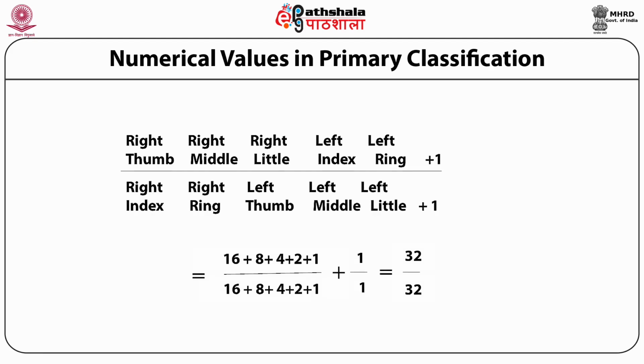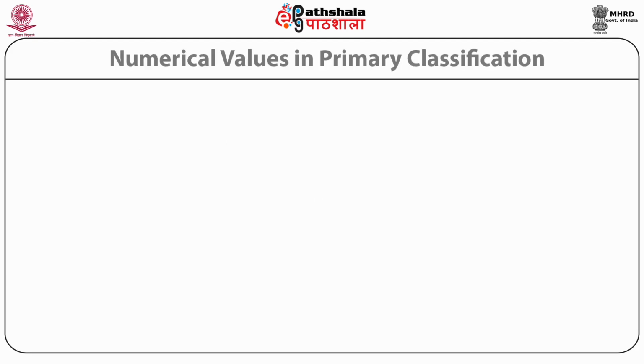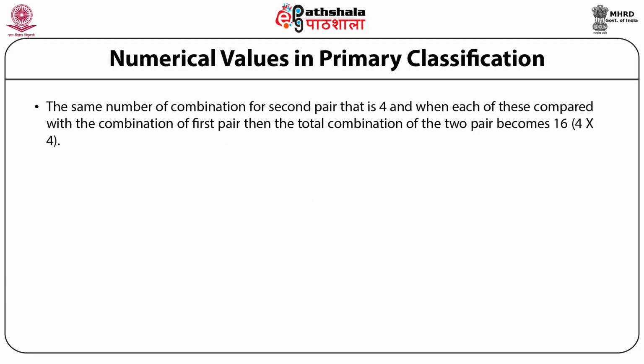The arrangement possible in first pair include right thumb a whorl, right index a loop, right thumb a loop, right index a whorl, both right thumb and right index have loop, both have whorl. Possible arrangement of the first pair with symbols are set out. The numerator letter refers to the first of the pair and the denominator letter refers to the second of the pair. The same number of combination for second pair, that is 4, and when